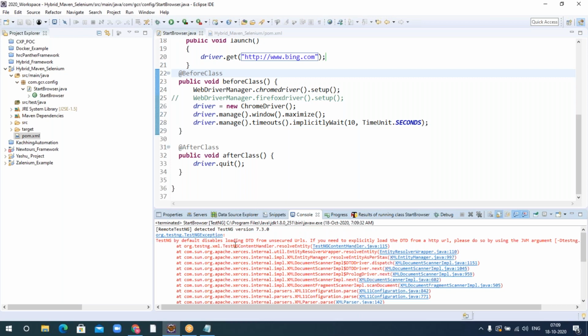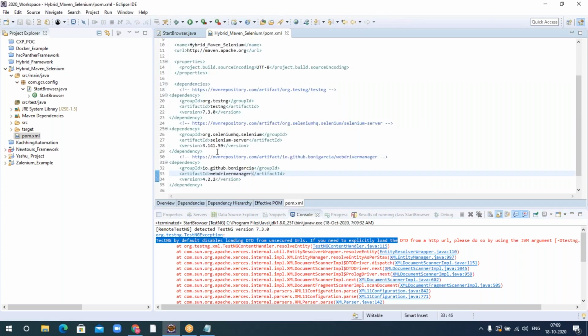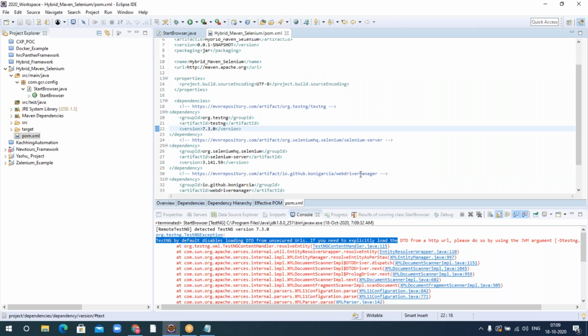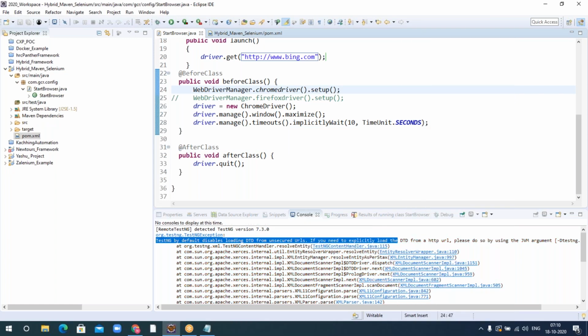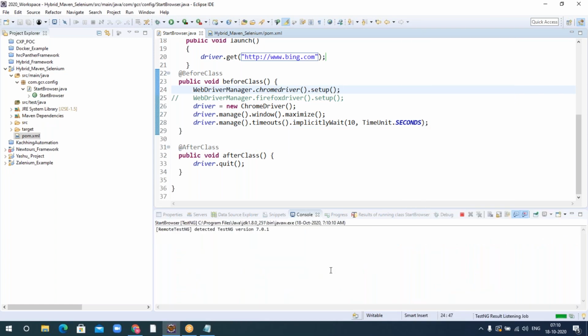TestNG by default disabled loading from the classpath, which gives errors. I'm sorry, I think it's a new bug. Let me change the TestNG version.